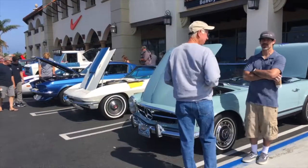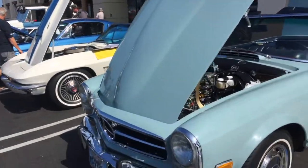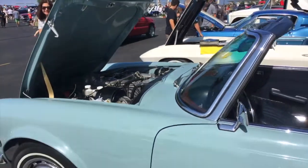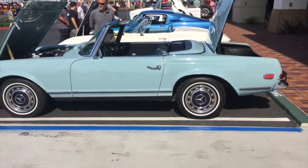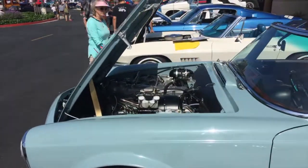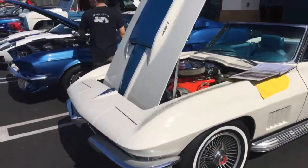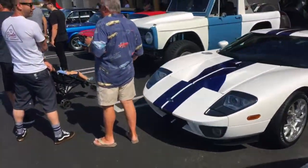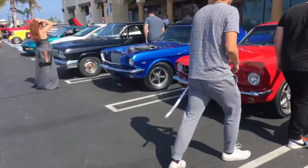Okay, so some great cars parked along the front here. We've got this beautiful looking classic Mercedes. How clean is this thing? This is just lovely. It's just absolutely perfect. Isn't that gorgeous? Look at that. Just love that car. Wheels, everything about it, so classic. That sort of dark blue interior. Beautiful looking car. Next to it, a classic Corvette, and then a GT500, Ford GT, and then a Bronco, a